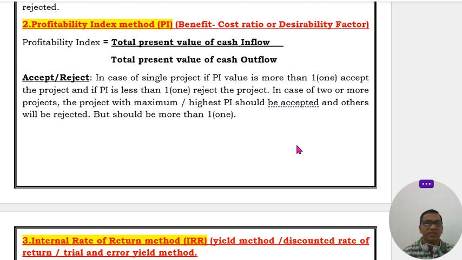So profitability index is just an extension to the NPV. If the values of NPV are available, there is no need to calculate any extra additional values for the profitability index. The values which you used for NPV, by using the same values, you can measure profitability index. That is the thing. And the next, the third method of the discounted cash flow method is IRR,